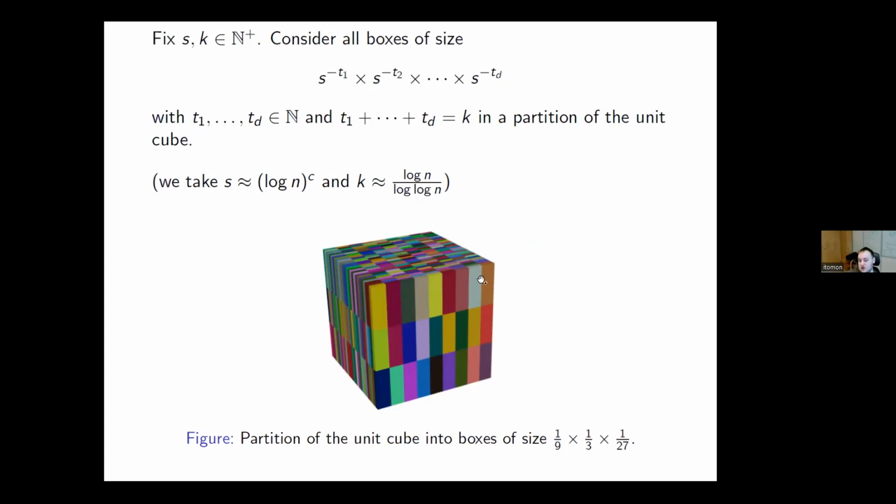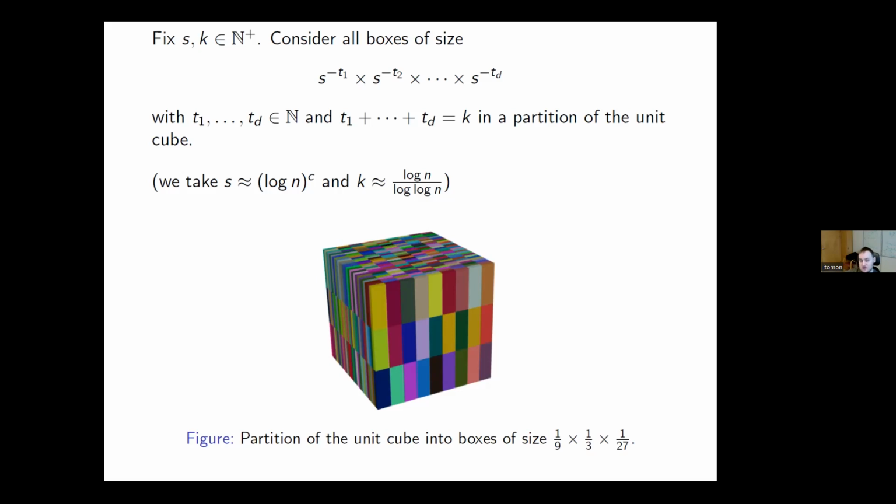Now these colors denote something different than before. I just use them so that you can differentiate between these boxes. But then I will take all these boxes, all these partitions, and then I will take random samples. I will keep each of these boxes with some fixed probability p independently from each other. And then this will give my construction.